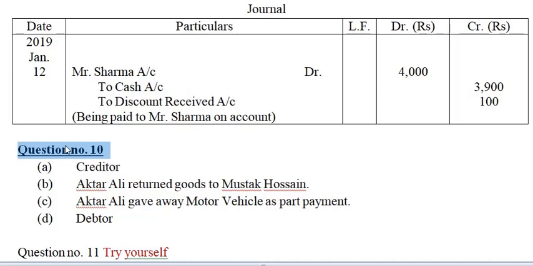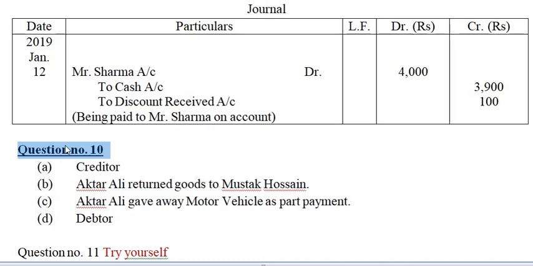So on February 1st, 2019, was Hossain a debtor or a creditor? Obviously, he is a creditor because the balance is lying towards the credit side. Balance BF, you can see out there. Sorry, it's not mentioned, balance BF or whatever. So this is your balance BD, by the way. When you copy down the ledger in your copy, it will be written as by balance BD. And that was question number A. On February 1st, 2019, was Hossain a debtor or a creditor? Obviously a creditor because the balance is lying towards the credit side.